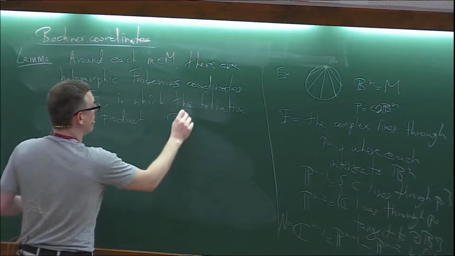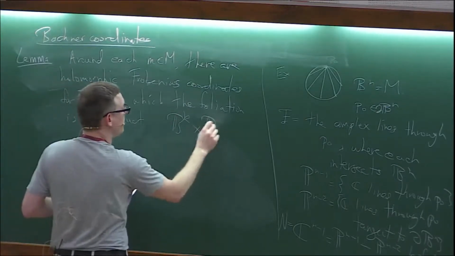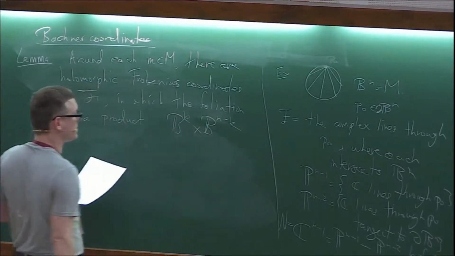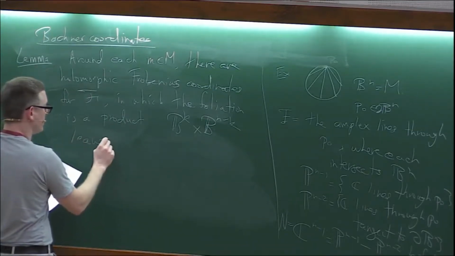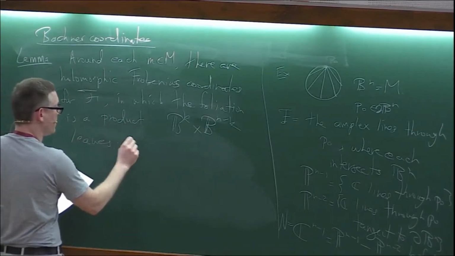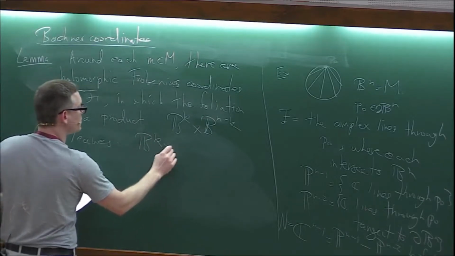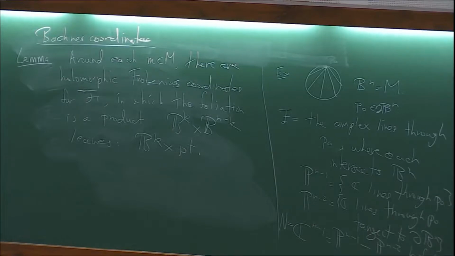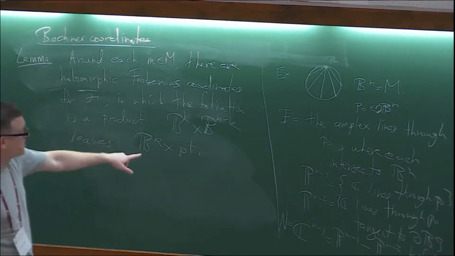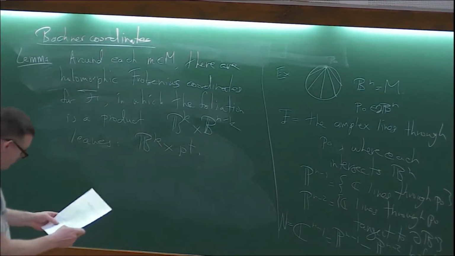It's a ball of some dimension crossed with a ball of some complementary dimension, right? So the leaves are ball crossed with a point. And so at least this is a very local picture, right? There are holomorphic coordinates in which you can actually match up the foliation by this product foliation,